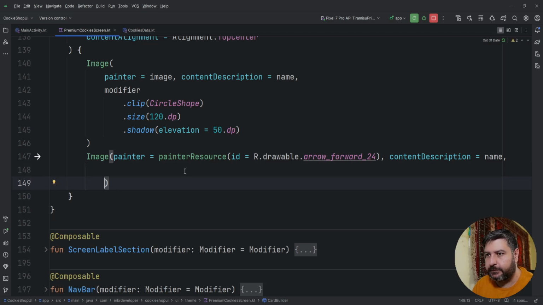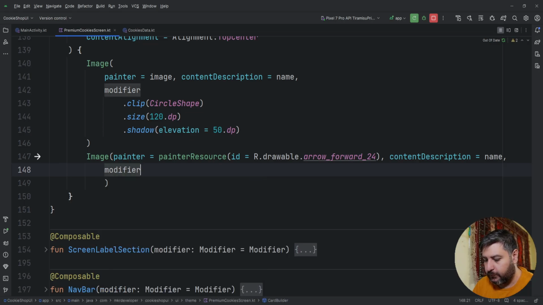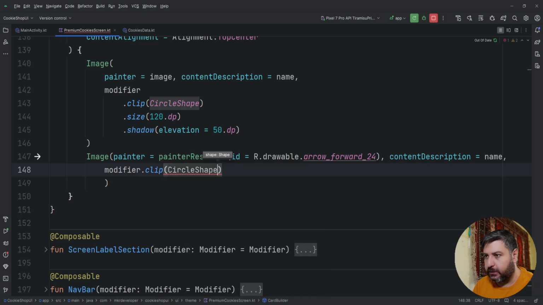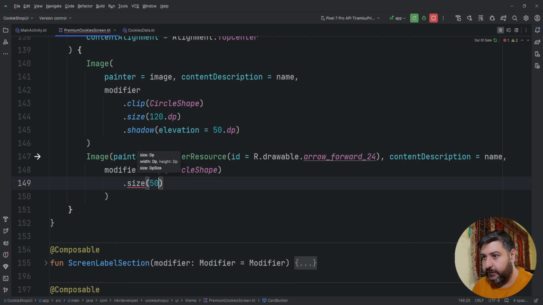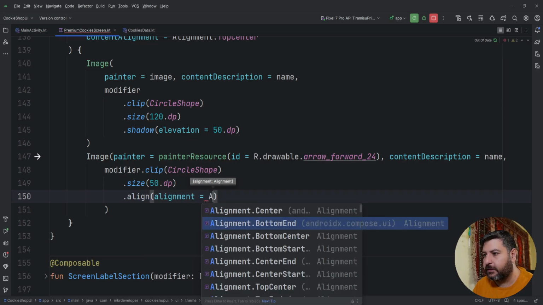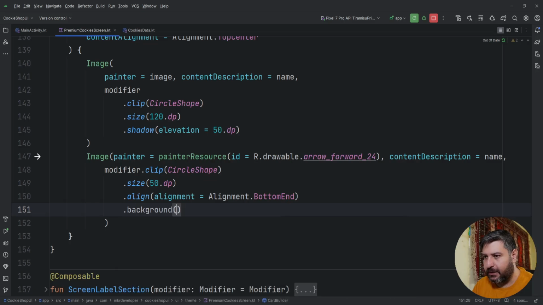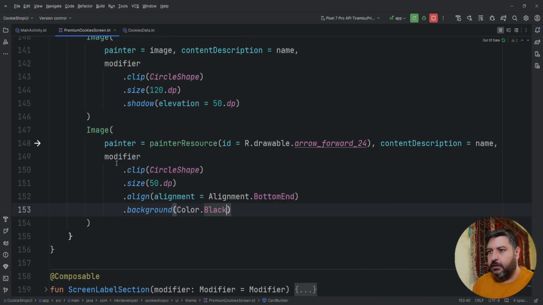In the next line, modifier dot clip circle shape dot size of 50.dp dot align alignment bottom end, and then dot the background will be color black. Okay,